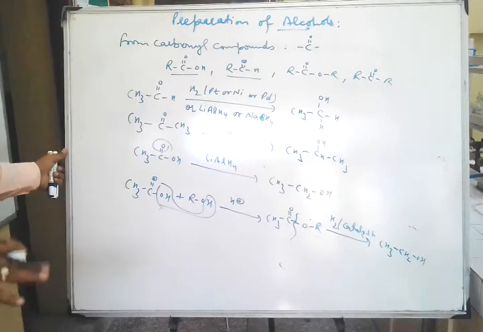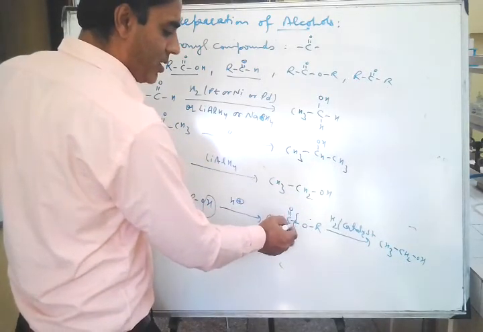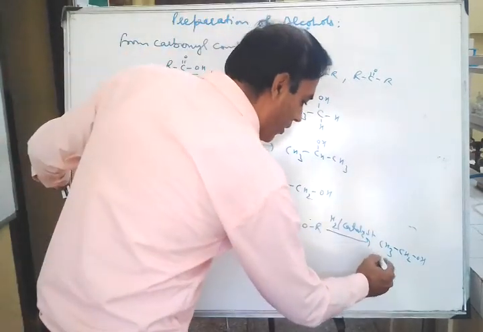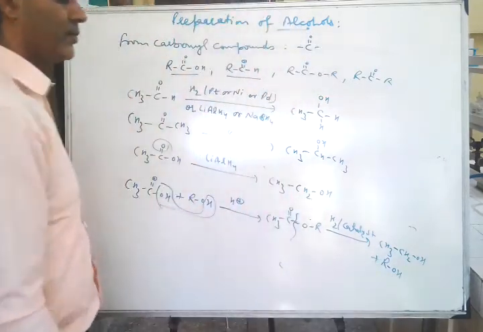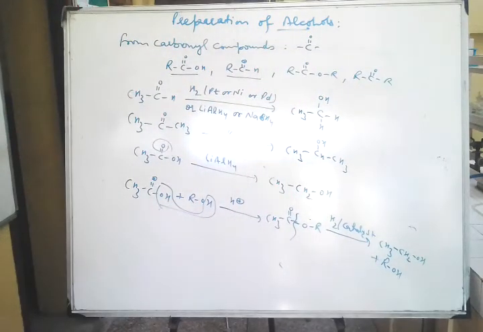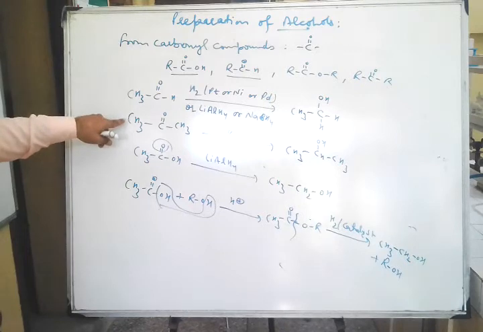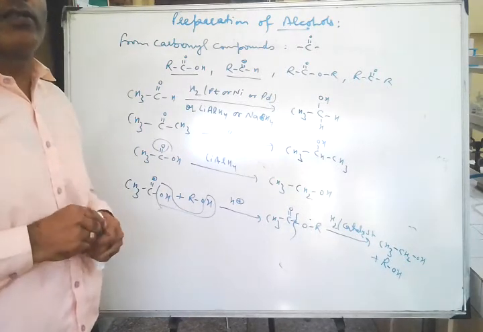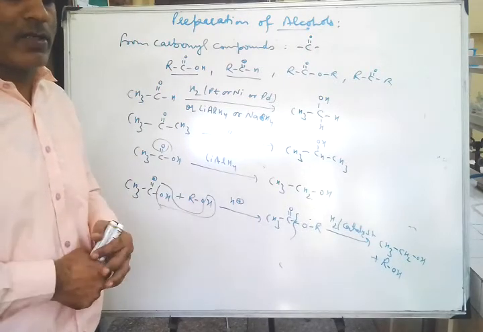There is no removal of oxygen here, there is addition of hydrogen, hydrogen with this carbon and then with oxygen. Addition of hydrogen with this OR, so this will give ROH. So this is about the formation of alcohols from esters, carboxylic acids, then ketones and aldehydes. Next we will discuss formation of alcohols from Grignard reagent using aldehydes and ketones, right?